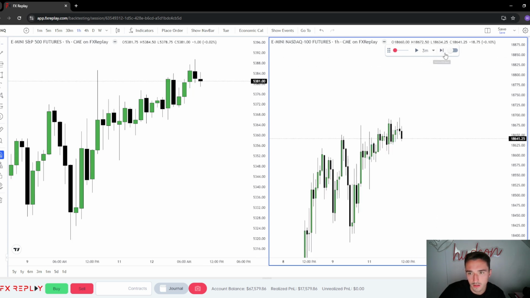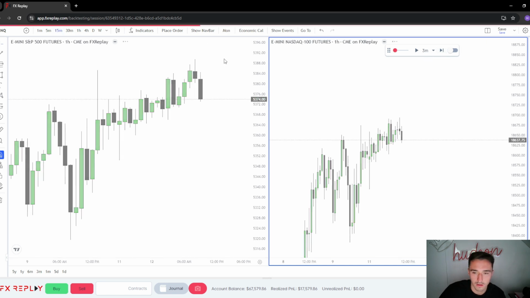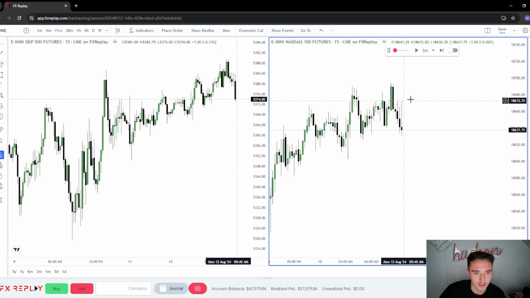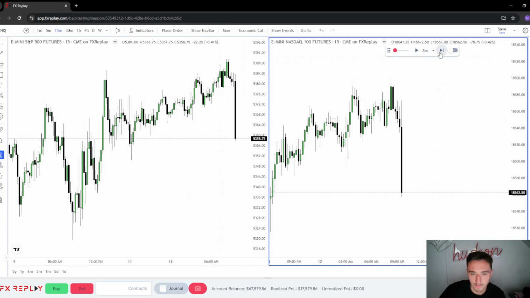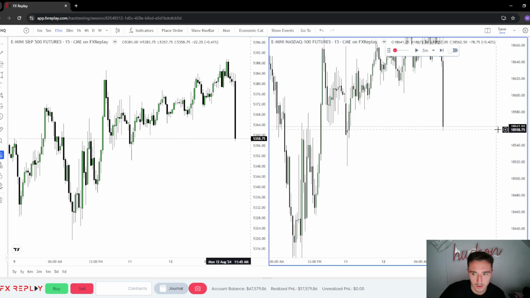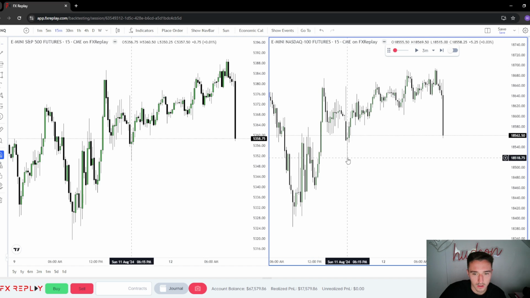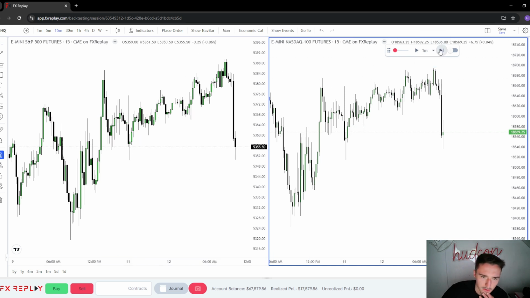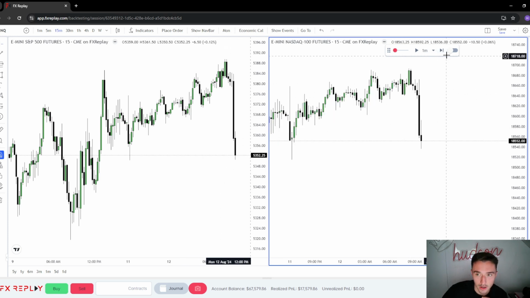Okay, here comes open. I mean, bro, this looks dumb. Look at all this. Ew. Okay, there we go. Whoa. Okay, so it looks like we could SMT this, possibly. Wait. Right there. No, that's equal lows. I thought NQ was going to take it, not ES, but...